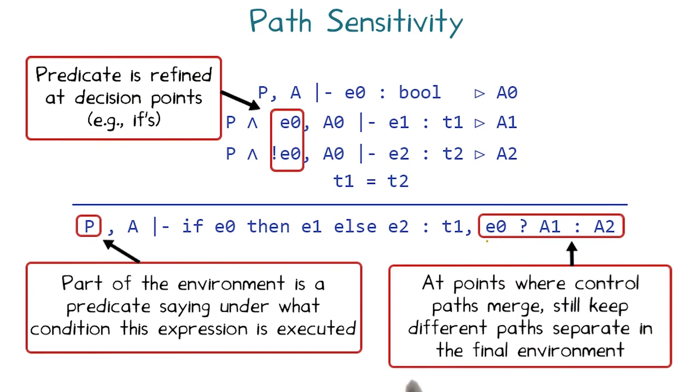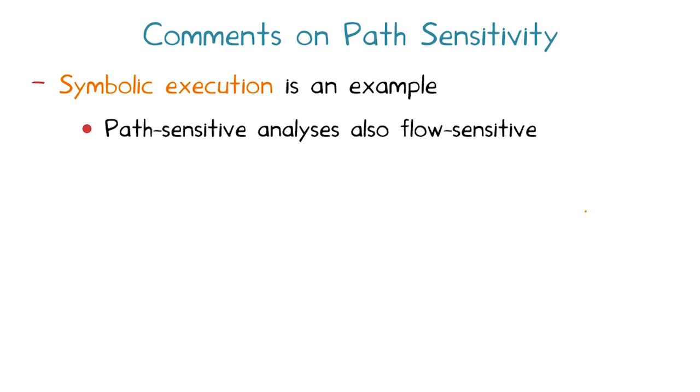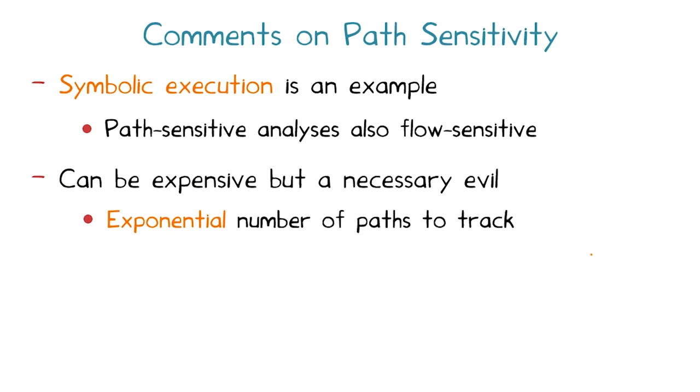Symbolic execution, which we will study later, is an example of a path-sensitive analysis. Note that path-sensitive analyses are also flow-sensitive, as we preserve the input-output environment ordering. As you might imagine, keeping track of these different execution paths can be quite expensive. In the general case, there can be an exponential number of paths to track compared to the number of statements